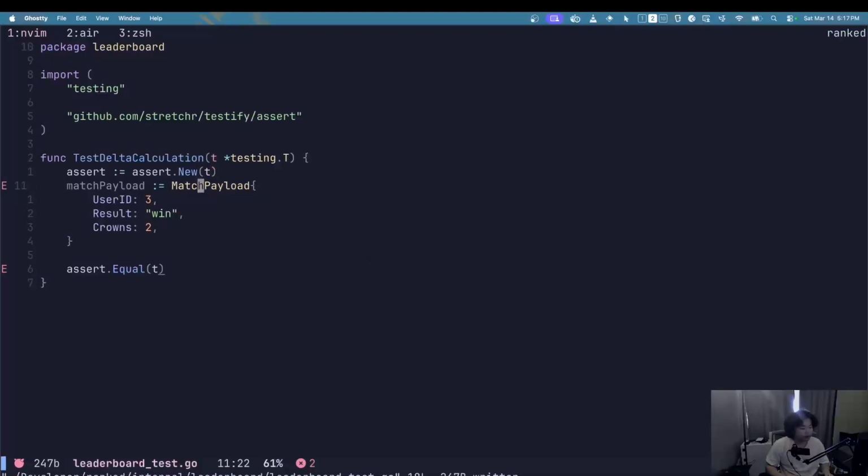Okay, so let me use the calc delta, right? And match payload.